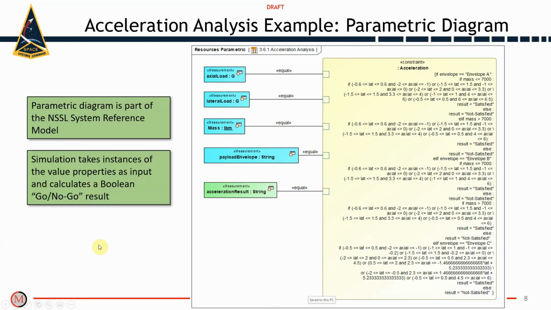We have a parametric diagram within the NSSL system reference model that will calculate an acceleration result, which is either it passes the requirement or it doesn't pass the requirement based on the space vehicle's axial and lateral load requirements in G's, its mass, and the type of payload envelope. The code that you see there is Jython code, and that essentially